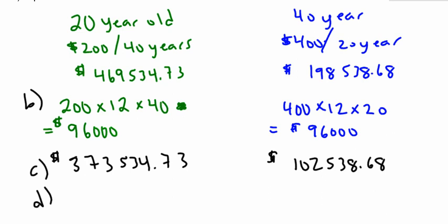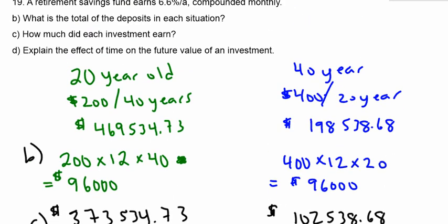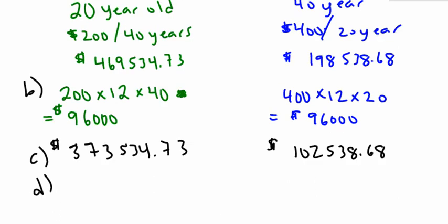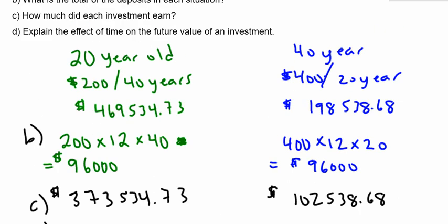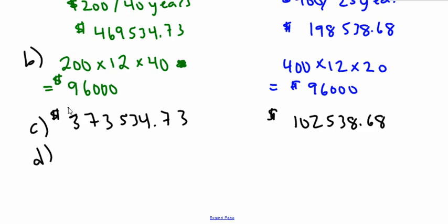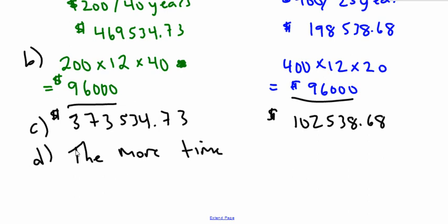And that's why part D of this question exists, to get you to reflect on the impact of time on the future value of an investment. These people both invested the same amount of money, but that extra 20-year difference made a huge difference. The more time an investment can sit, I guess I can say can collect interest,